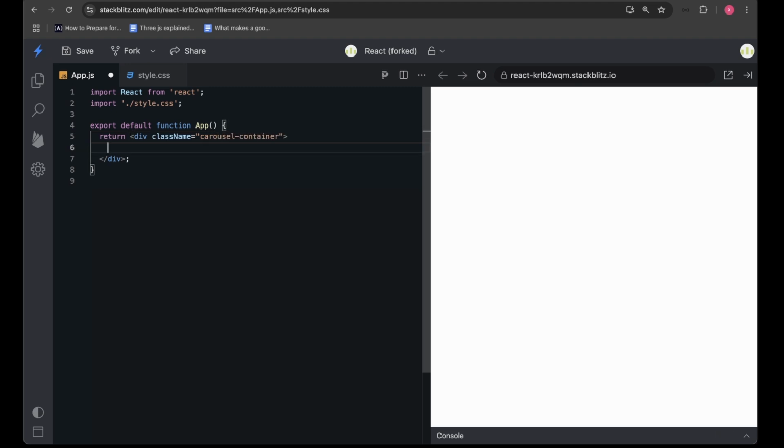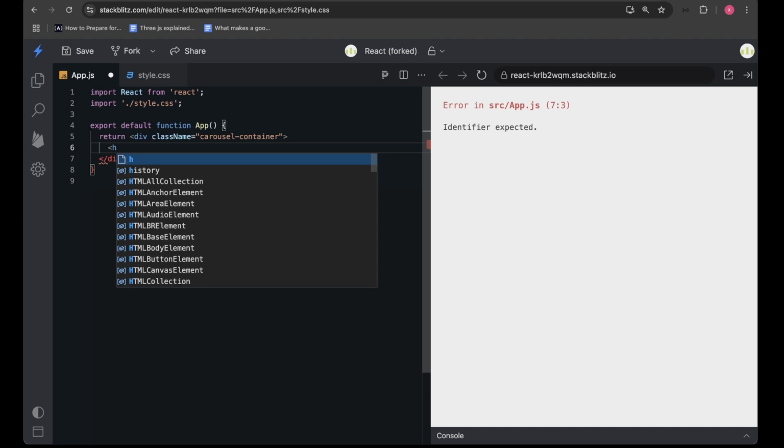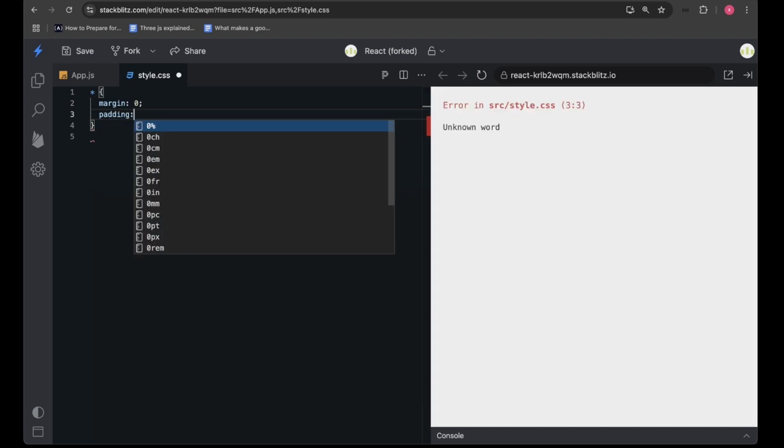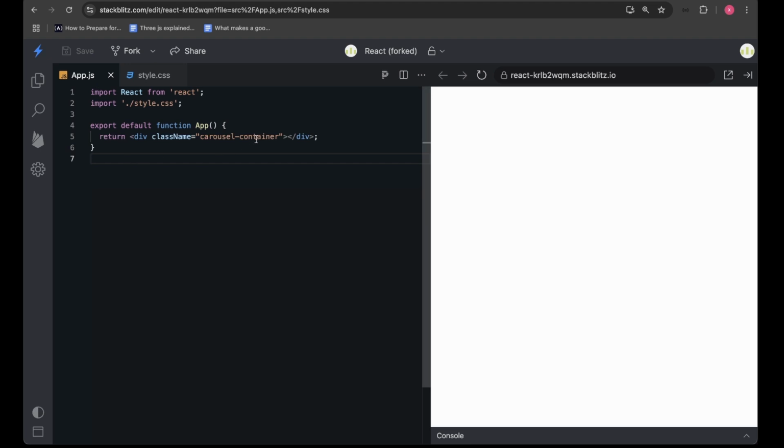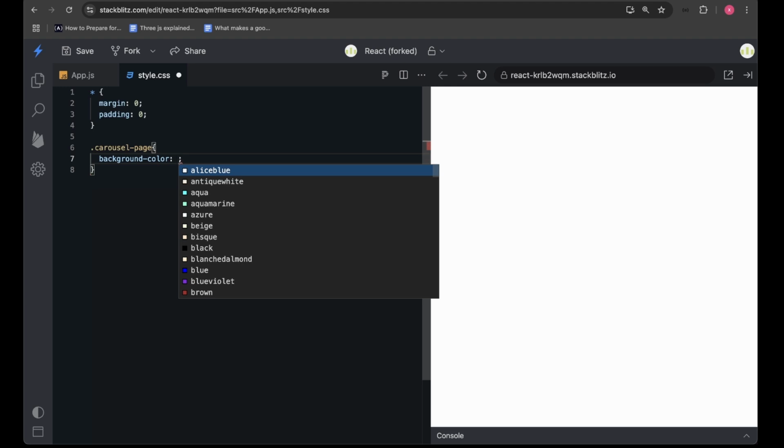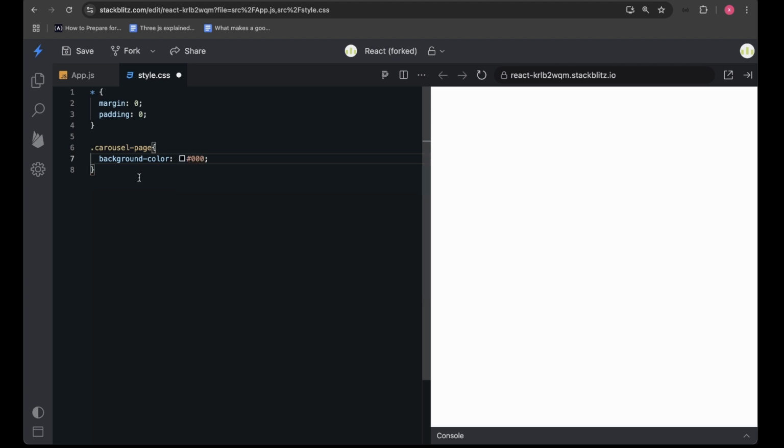Alright, and then after that, before I add anything over here, I will first go to the style.css and I'll give a few default styles over here. For example, I want the entire margin to be 0 by default and the padding to be 0, as well as if I go to the app.js, actually I'll name this nothing but carousel page, and I will copy this, paste that class over here, and to this class I will give it a background color of, let me first select black,